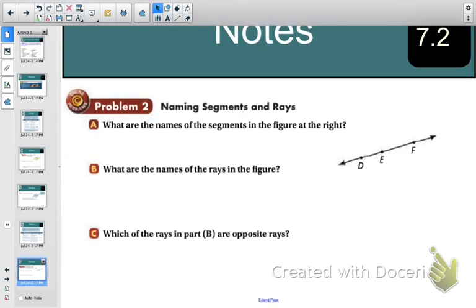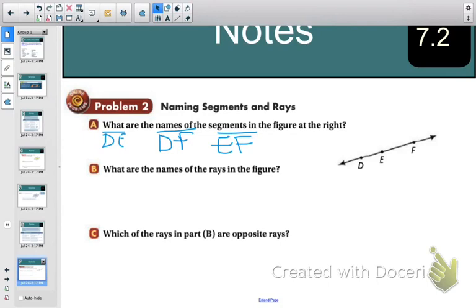Okay, what are the names of the segments in the figure at the right? Well, we have a couple different segments we could do. We could do DE. It's a segment, so we just put the line on top. We could do DF. We could also do EF. And then if you reverse the order of those, it actually just represents the same segment, so